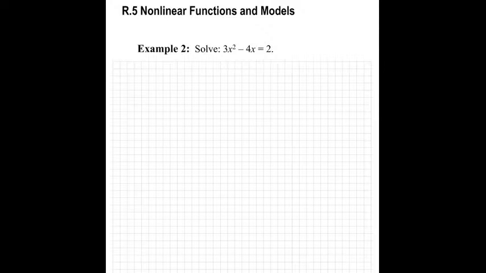So we're asked to solve this. Let me start by getting a copy of the original. We have 3x squared minus 4x equals 2, right? We can use the quadratic formula, but before we can, we need to put it in standard form, so we need to set it to 0. I'm going to subtract that 2 from both sides, and we'll get 3x squared minus 4x minus 2 equals 0. And the quadratic formula is